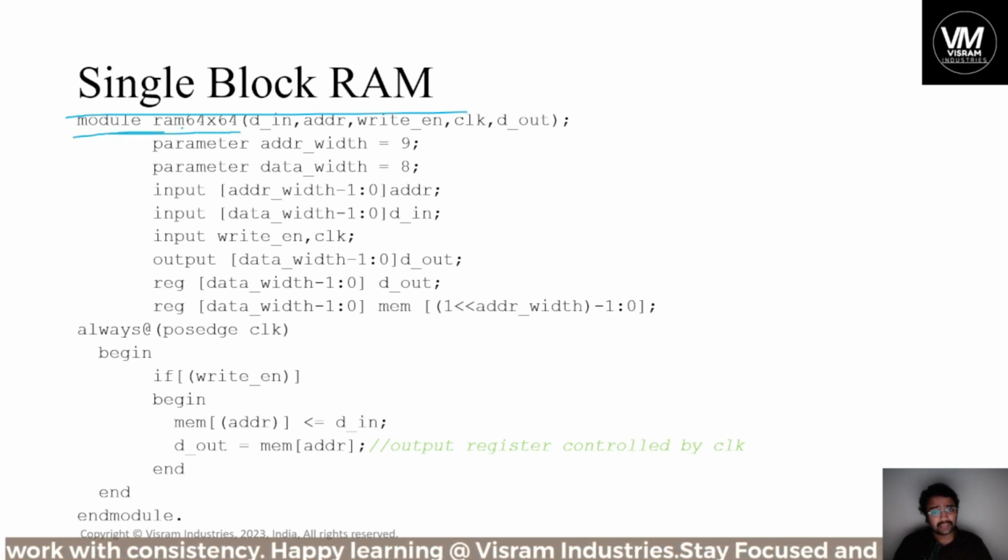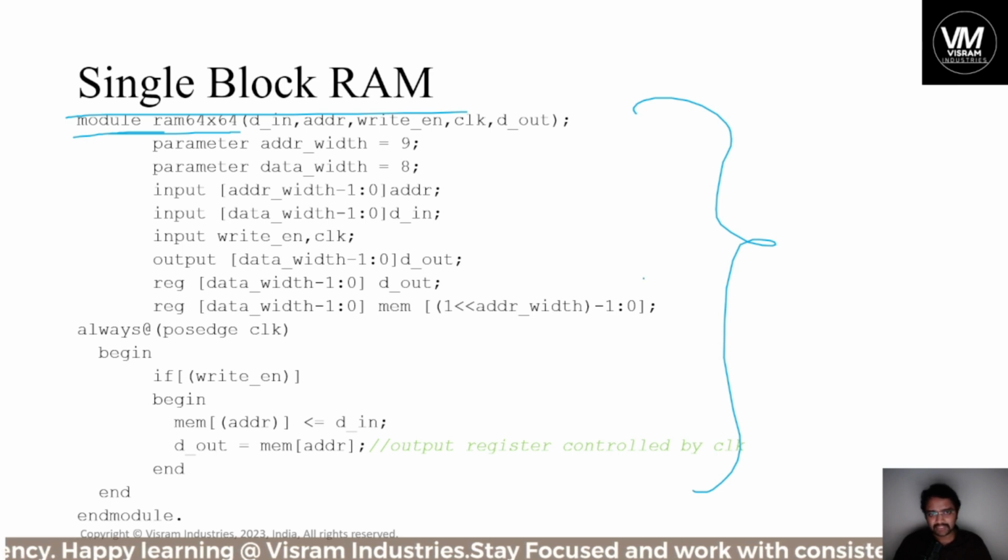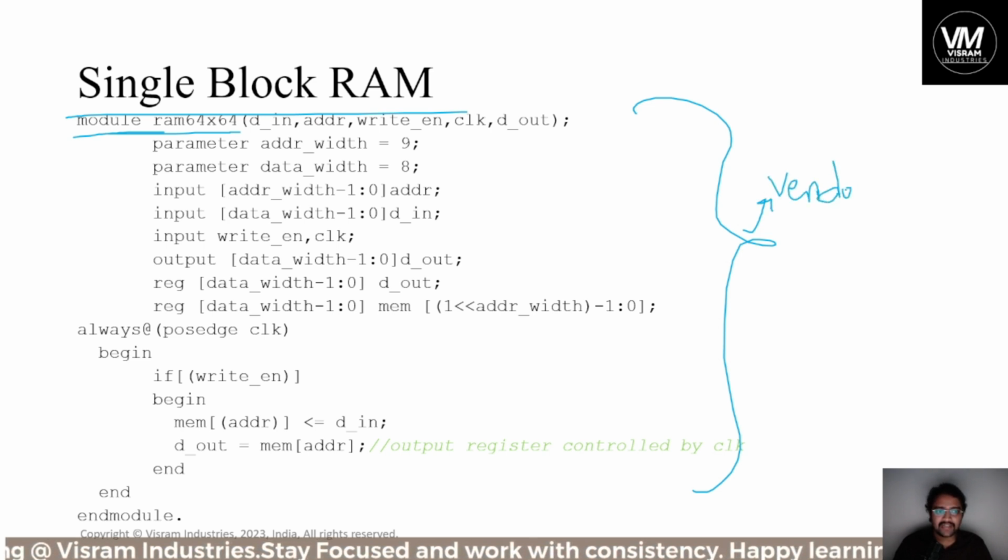by 64. In the earlier case, we have written mem 64 by 64. So this entire Verilog HDL structure that I am explaining now is given by the vendor itself. As I have said, for every packaging or for every FPGA chip that you acquire from a vendor, whether it might be Spartan, Artix, or whether it might be from Xilinx, or it might be from Nvidia, or it might be from Intel, whatever FPGA chip or FPGA board that you acquire, it comes with a